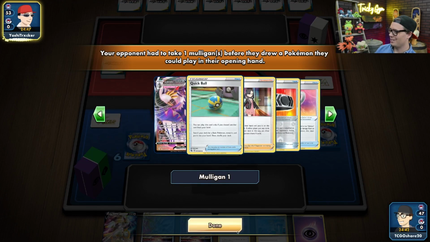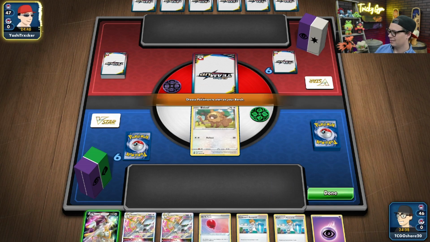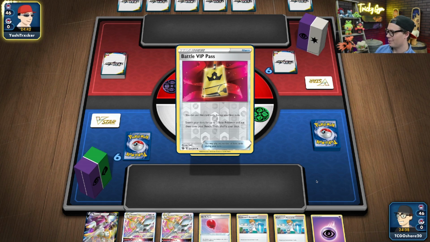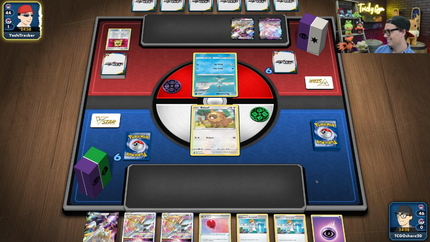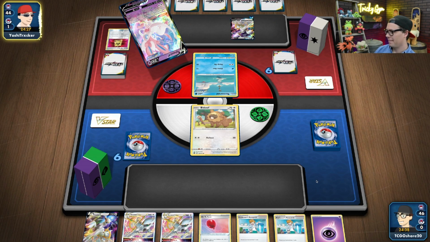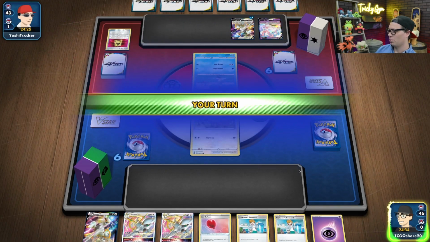Playing against Yoshi's Urshifu deck. Yikes. This could go poorly for us. Hopefully Yoshi doesn't have the most broken opening hand. They do. Yeah, not great. I got Sylveon and Arceus. It's an Arceus Sylveon deck. Cool. Got it. Featuring Urshifu. So I can't really afford to...